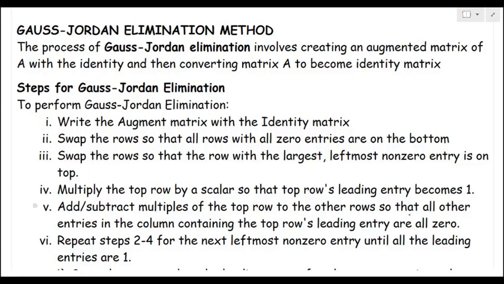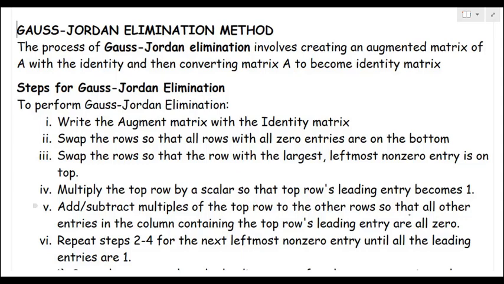For us to perform Gauss-Jordan elimination, we are going to be guided by the following steps. Number 1, we write the augmented matrix with the identity matrix. Number 2, we swap rows so that all rows with zero entries are on the bottom. We swap rows so that all rows with the largest leftmost non-zero entries are on top. Multiply rows: we multiply top rows by scalars so that the top rows' leading elements become 1. We add or subtract multiples of top rows to the other rows so that all the other entries in a